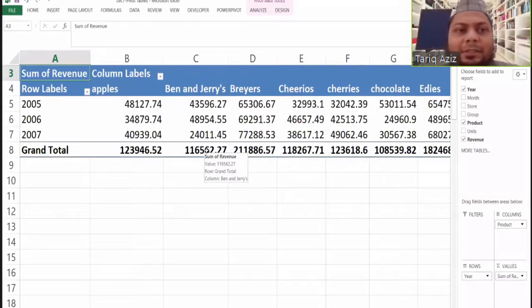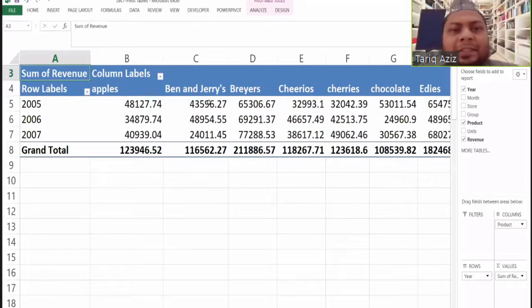The software is not very intelligent, so sometimes the table may not make any sense. So we have to look whether the table that is being generated is making any sense or not. Look, for example, in this table, the data is appropriate because the year is in the rows and products are in the columns.